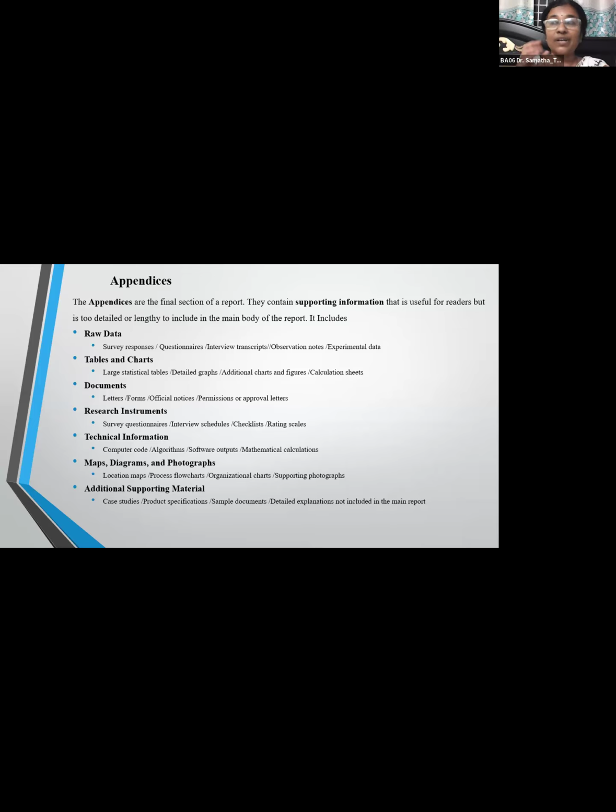The data, whatever you have used or collected, may not be possible to include under the main context of your research. మీరు అనాలిసిస్ చేసేటప్పుడు క్వశ్చనీర్ మొత్తం తీసుకెళ్ళి మీ అనలిటికల్ పార్ట్లో పెట్టడానికి పాసిబుల్ కాదు. మీ ఫైనాన్షియల్ స్టేట్మెంట్స్ అనేవి మీ అనాలిసిస్లో మొత్తం చూపించడానికి పాసిబుల్ కాదు. The questions you have posed under interview level or schedule level that may not be possible to include under main context. So what you have to do, only